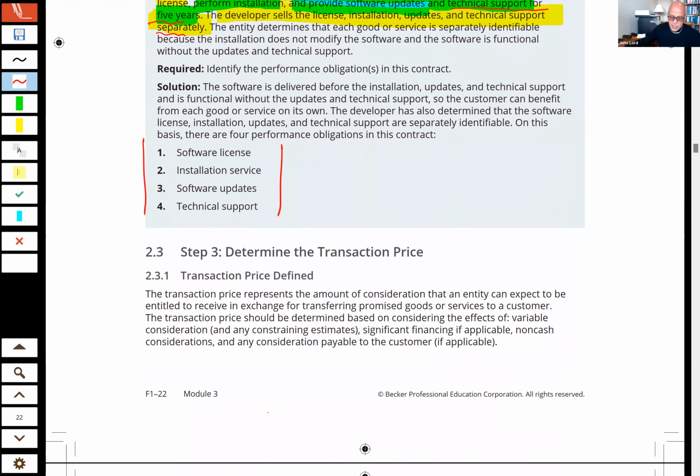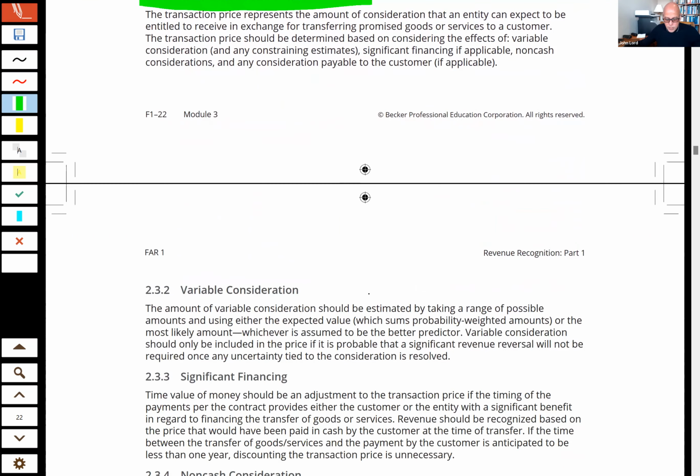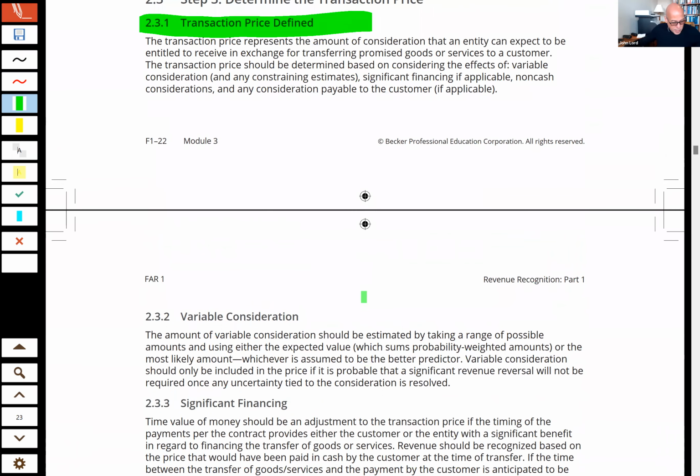We have the transaction price, and we're going to have to look to see how we're going to deal with the transaction price. Now, a couple of things that I want you to flashcard, okay? And I want you to go ahead and create a flashcard. I'm just going to write what I want you to put on the flashcard here.